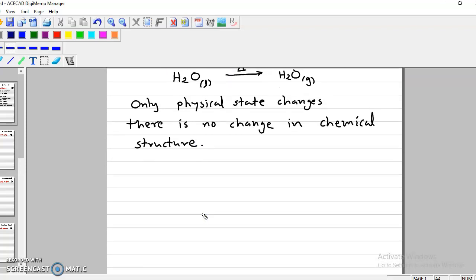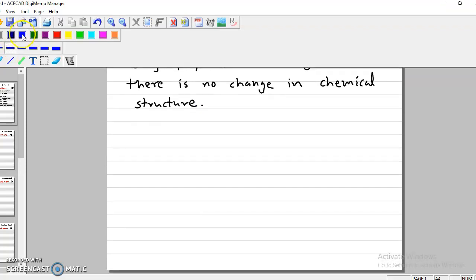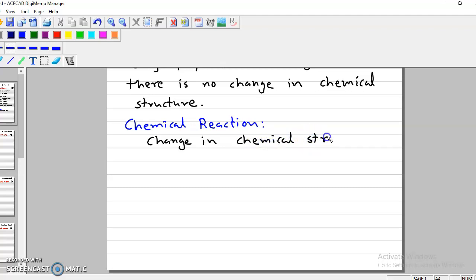Next is chemical reaction. Chemical reaction means there will be change in chemical composition. So that is called chemical reaction. This is very important, that there is change in chemical composition. So change in chemical composition is the main forte of chemical reaction. So change in chemical composition or chemical structure. For example, we can take different reactions like H2 gas